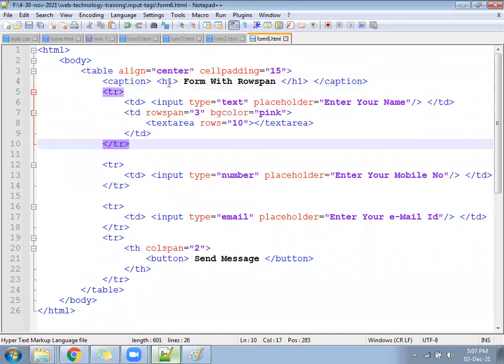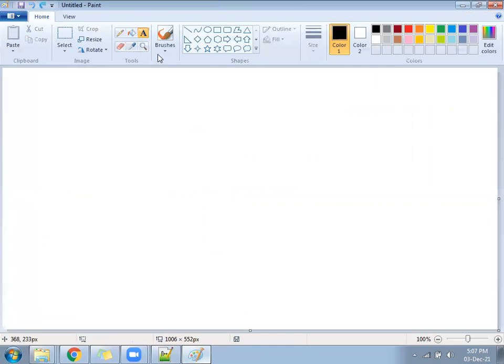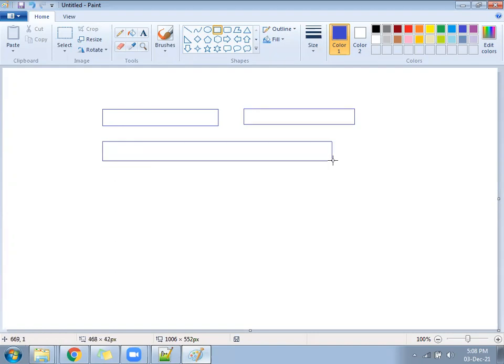The next design will be something like this. Suppose in this file, let me do Control Z, Control Z, Control Z. Okay. Suppose in the next file you create like this: one text box and one more text box in the first row. In the second row you have only one text box.